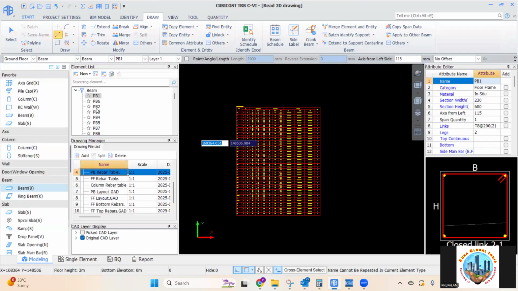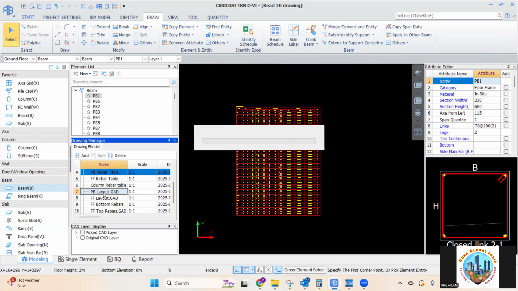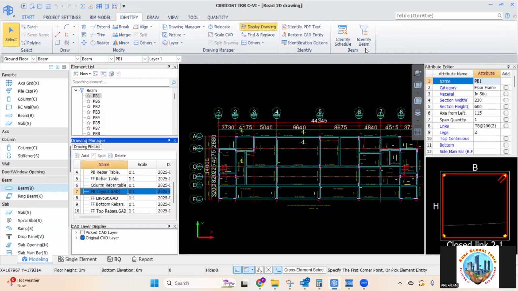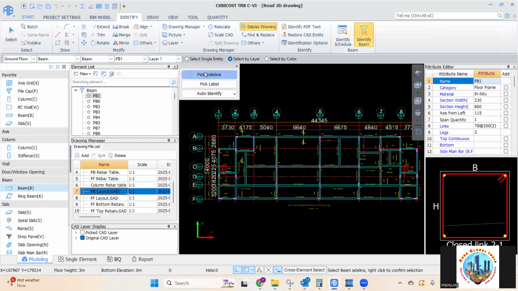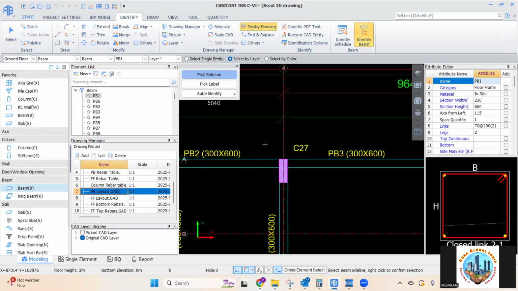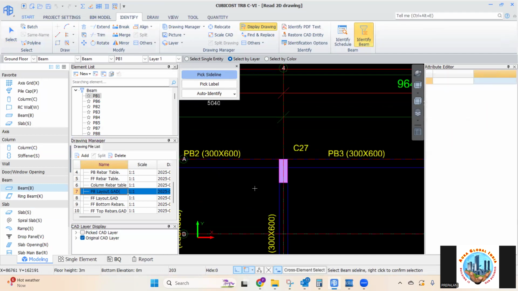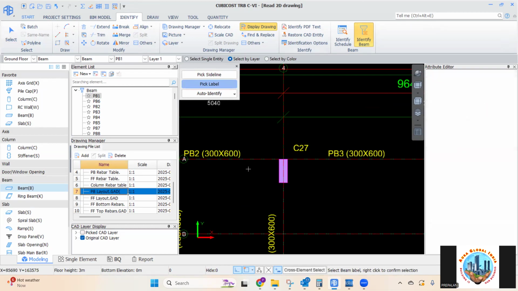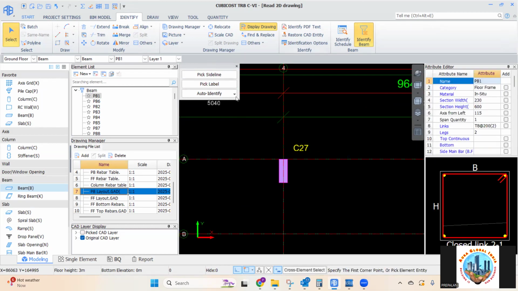Okay, just the element alone we have done now. The entity is not yet done. So how to make the entity? I will go to the plinth beam layout. I need to read the identify menu, identify beam, pick sideline. This is my beam sideline. Pick label. This is my beam label. So when I say auto identify,